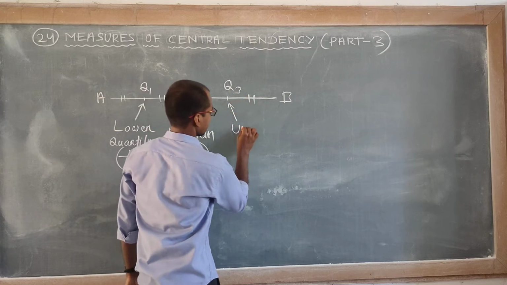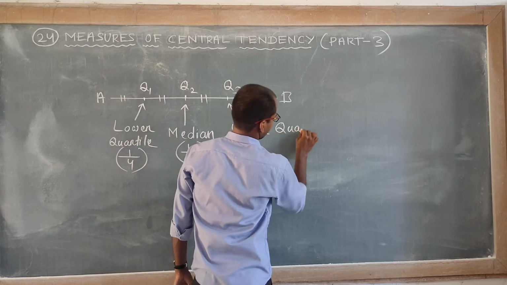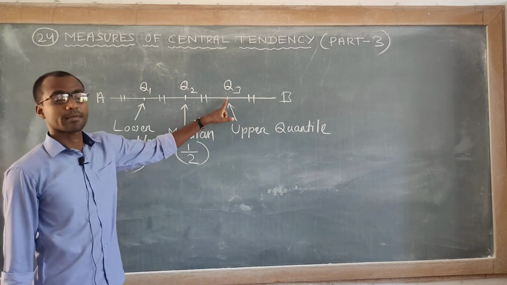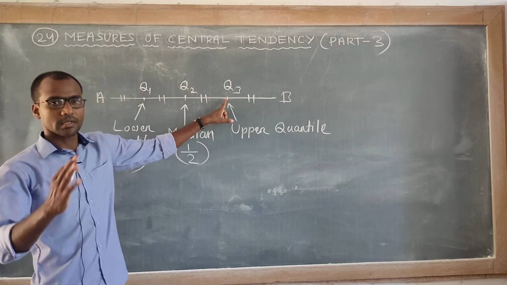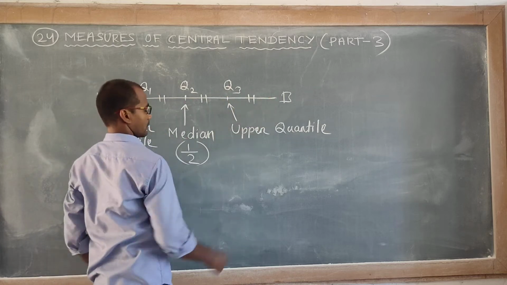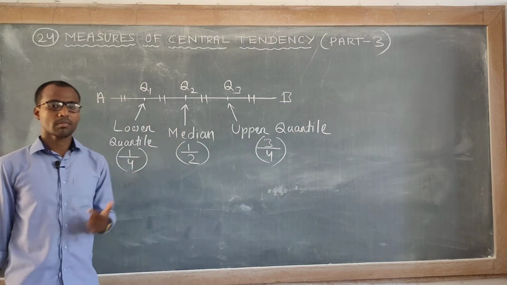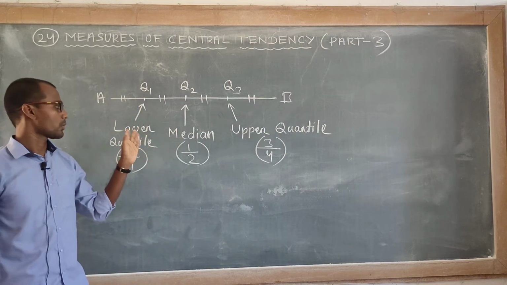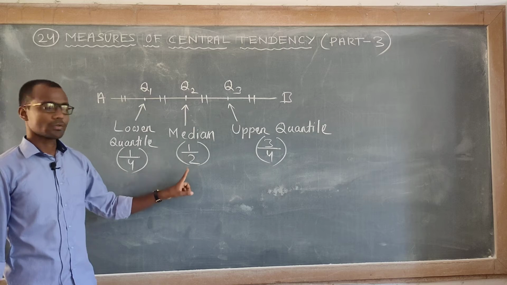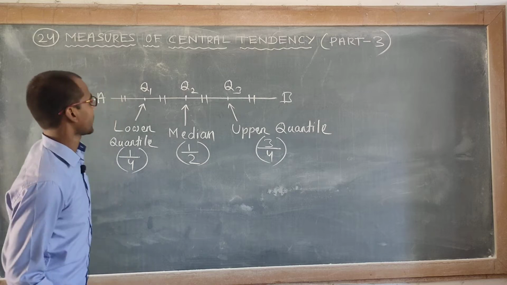This Q3 is upper quartile. You can see its position, it is at 75%. Okay, or it is at the third position. 3 out of 4. 1, 2, 3, 3 out of 4. 3/4. So this is a very easy trick to remember the formula for lower quartile, median and upper quartile. Lower quartile is 1/4, median is 1/2 because it is in the middle, upper quartile is 3/4, 75%. Okay, next is